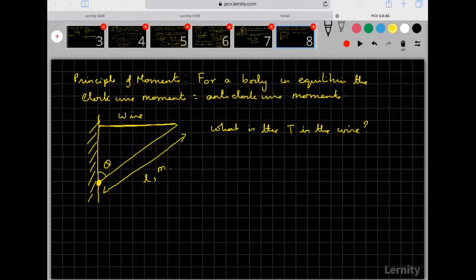Okay, so I will help you always. First step is to draw a diagram. Second step is to show all the forces which are acting. Many students make mistakes because they don't draw the forces properly. So here the force is that there is an mg acting downwards and there is a tension acting this way. Okay, so now we will have to see. Now here I cannot use upward force is equal to downward force. Why? Okay, before that, can I ask you what is the force at the hinge?